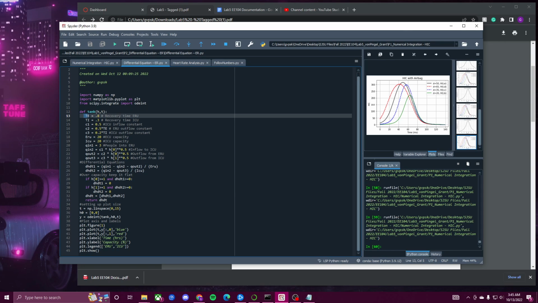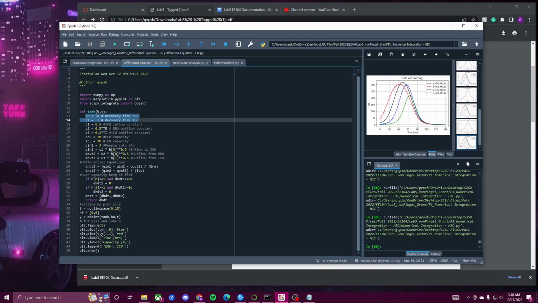So different variables. So the TE, this is the recovery time I put for the ERU. So how long it takes people to recover in the ERU. So it only takes like 0.8, which is not that long. And it's like a multiplier or something. So it's not like an actual constant like 0.8 milliseconds or anything like that. No, it's because you can see down in these equations, where is it? Well, we'll keep going as we go through. So yeah, so TE and TI, you can see the different constant values, but we'll keep going through so it makes sense. So C1,